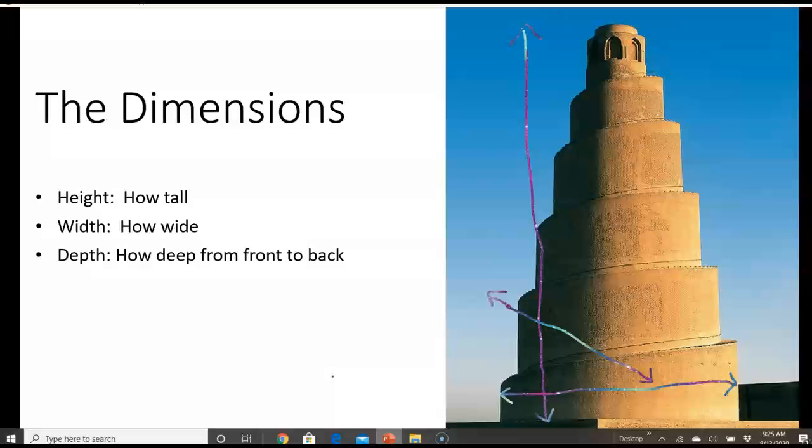Okay, and so what are those dimensions? We've got height, how tall it is. We've got width and depth. Depth is from the front of the piece, the part that's closest to you, to the back of the piece,